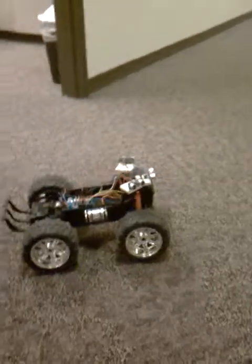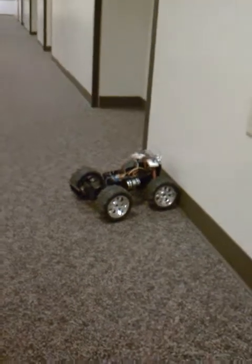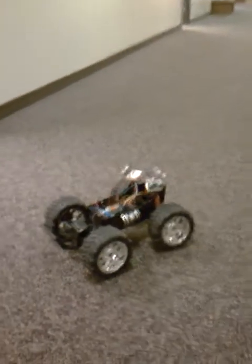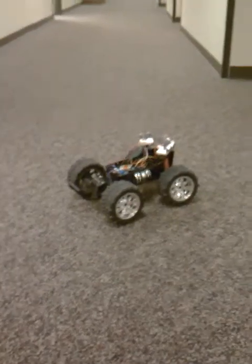He's doing it pretty rudimentary right now. He's not doing a very good job of it, and that's because he's only 2 days old. So most 2-day-old things are not really smart, which is why he runs into a wall sometimes when he should stop, because he's still learning how to operate. He's still learning how to use his senses, still learning how to manipulate his body, how to drive, how to control himself, still learning how fast he goes. So he's trying to figure out, when I'm going, how far away should I stop before I get to something, and he doesn't understand that very well yet because he's